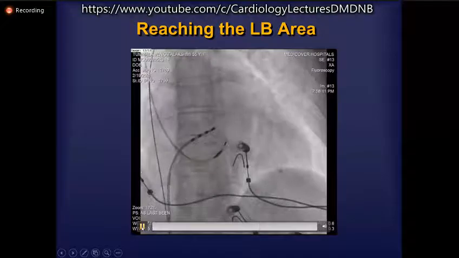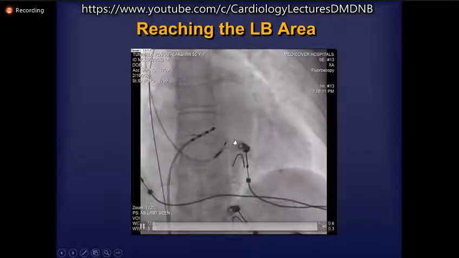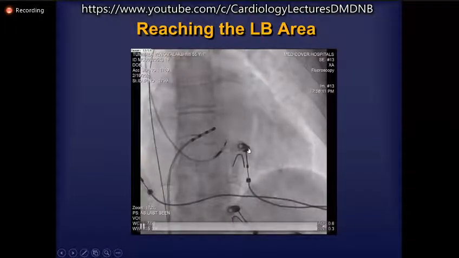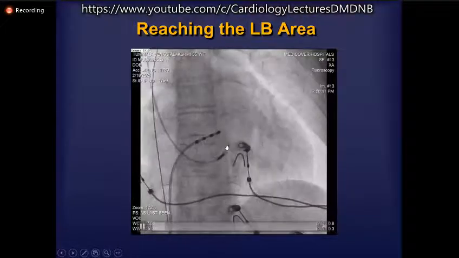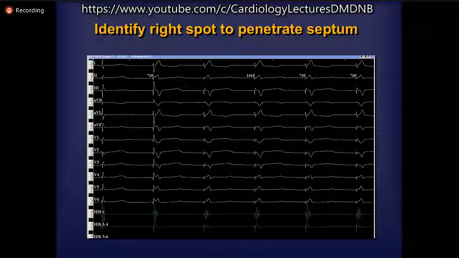So here we are using the same sheath, the His sheath, to go a little below and ventricular. You can see that this would be the line which is connecting to the RV apex, and along this imaginary line we go down a little bit, map with the sheath, and then slightly expose the lead. So how do we decide how we are going to capture the left bundle? There are certain criteria to identify the right location where you are going to screw in the lead. I will not go into it in detail, but I'll just briefly tell you.